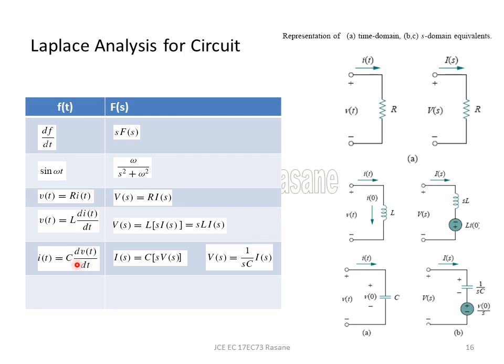So in the Laplace domain or Laplace transform, I of s equals C into dV by dt, which becomes S into V of s. So taking V of s on the left hand side, I'll get 1 upon S into C into I of s. So this is just an equation because we'll be using these formulas later.